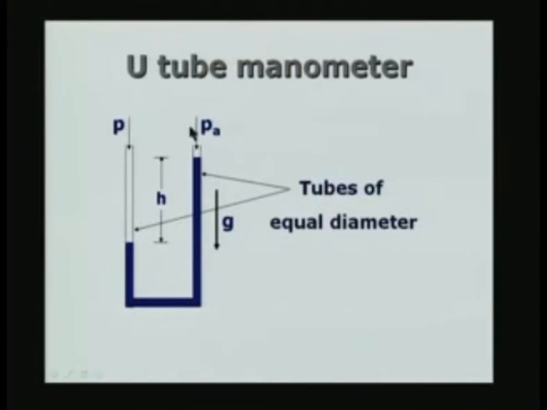The pressure is simply pressure P minus Pa. P minus Pa is given by the hydrostatic pressure due to the column of liquid of this density, which I will take as rho m. Rho m is the density of the manometric liquid, multiplied by g multiplied by H is the pressure acting at this place, and in principle the pressure acting at this place is due to the pressure P plus the density of the fluid in which the pressure is measured multiplied by the same H into g. So, the difference in pressure P minus Pa is given by the difference in density multiplied by gH.